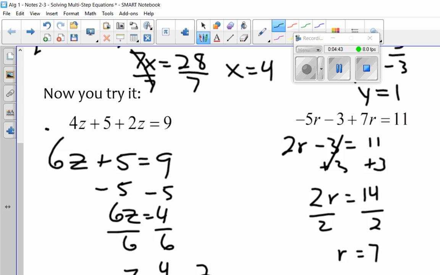Okay, so this first equation, we got a fraction, and we have to learn how to deal with that, not be afraid of dealing with fractions. Okay,